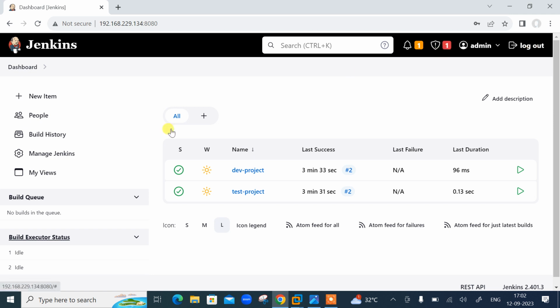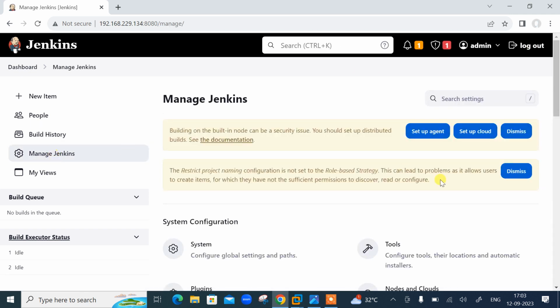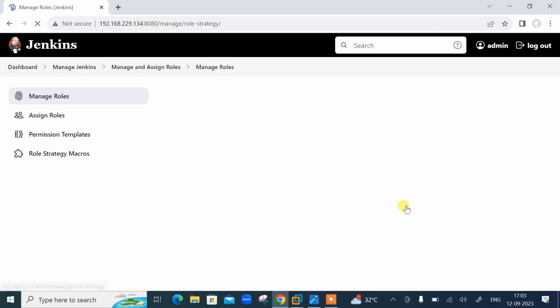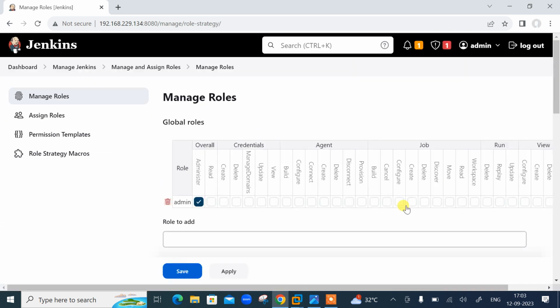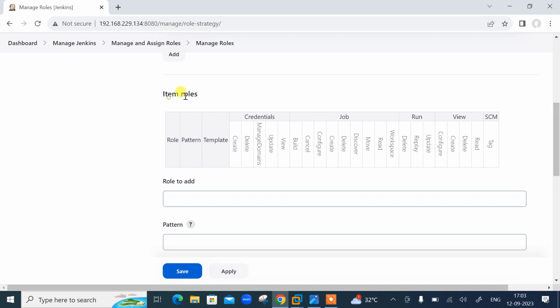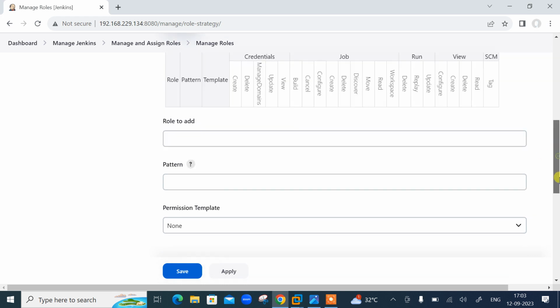Let's configure the role first. Click on Manage Jenkins, scroll down, go to the Manage and Assign Roles section. From here we will manage and assign the roles to the user. Inside the Manage Roles section, we have three kinds of roles. Global role, this one. Similarly, we have item roles, sometimes known as project roles, or